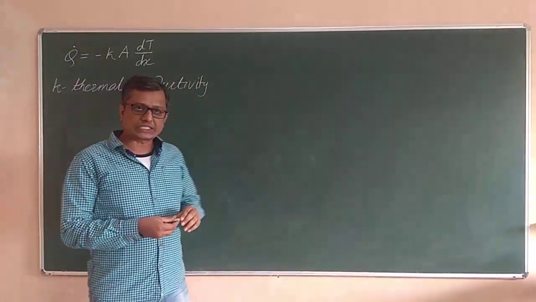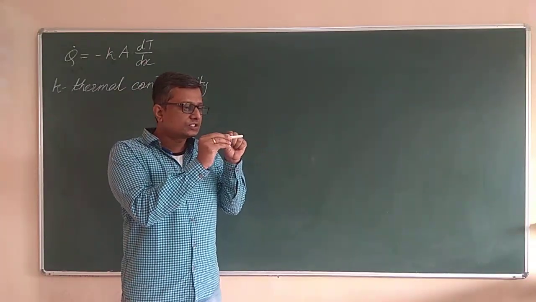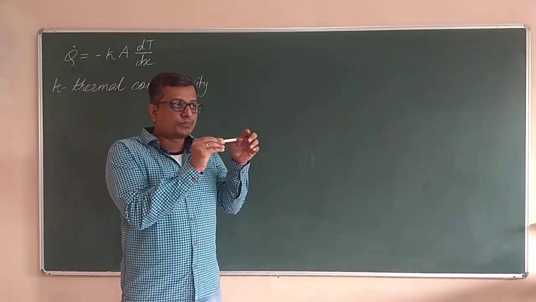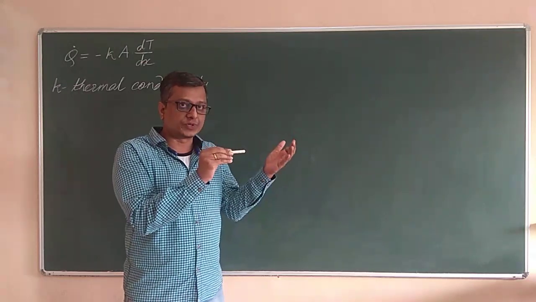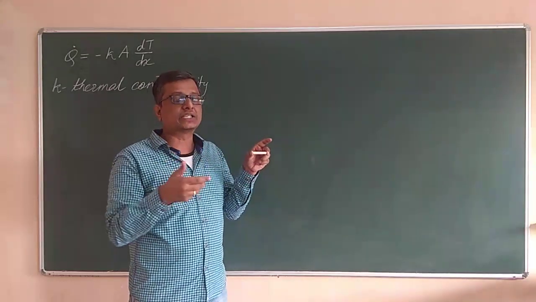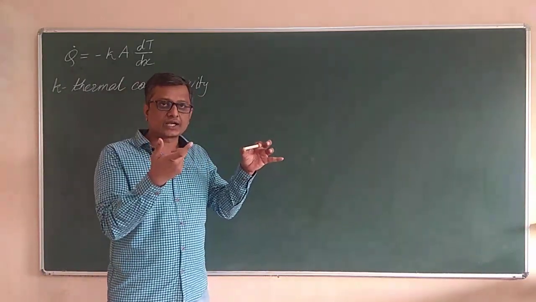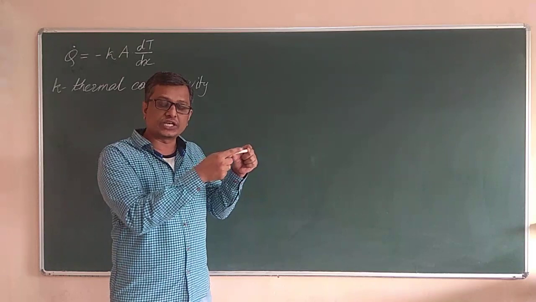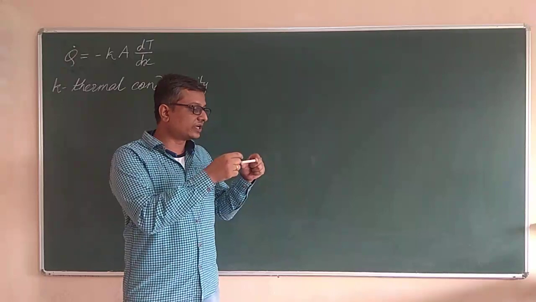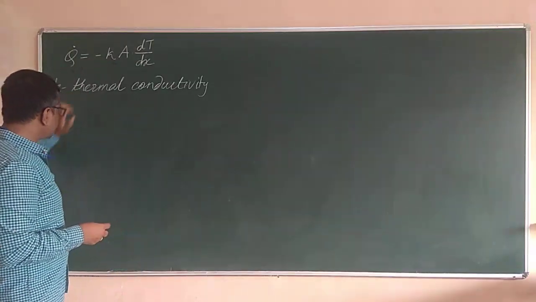For example, if I take this object, the chalk, and heat up one end of the chalk, then the chalk will allow the heat to flow from this end to that end, right? To what level the chalk allows the heat to be transferred through it, the measure of that is the thermal conductivity. Now instead of this chalk, if I take a metallic rod, like an iron rod, obviously the iron rod will conduct the heat very easily from this end to that end. Then we can say that the coefficient of thermal conductivity of iron is more than that of this chalk. So that term, thermal conductivity, we are going to talk about in this lecture.